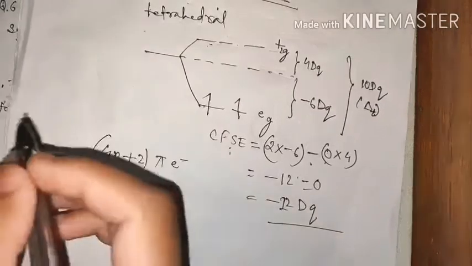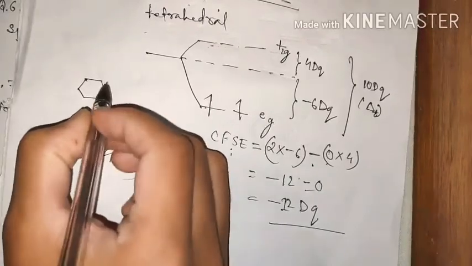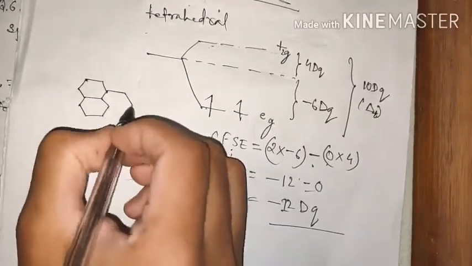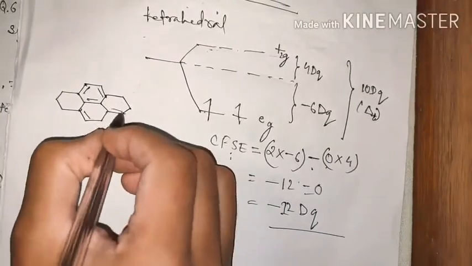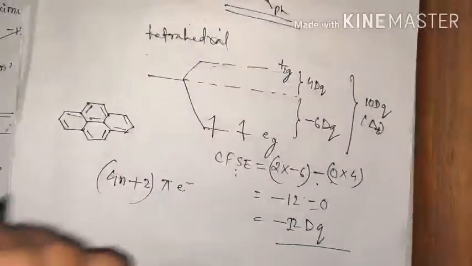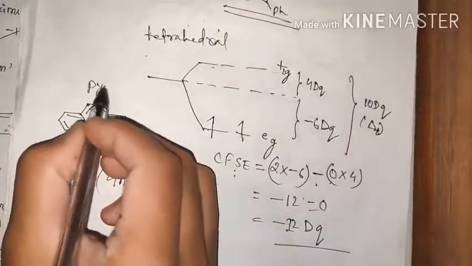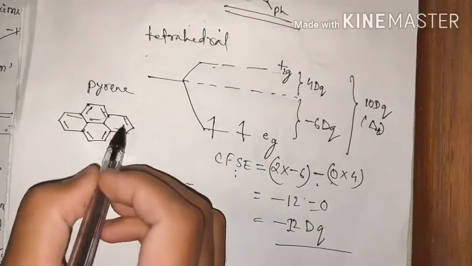And in case of pyrene, this is pyrene. Then if we see, we can count 1 2 3 4 5 6